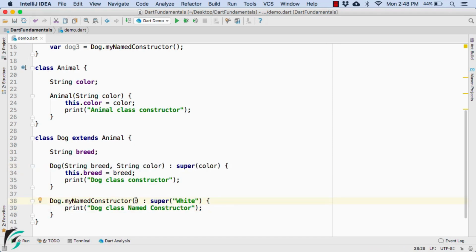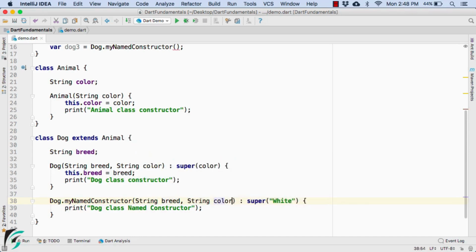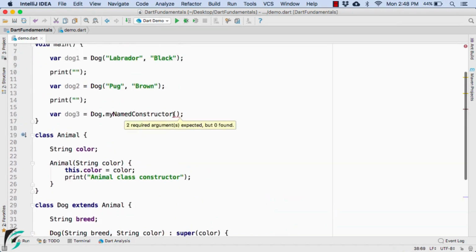So now similar to our parameterized constructor, you can also put some parameters in the named constructor as well, such as string breed, comma, string color. And here instead of passing just white, pass in color. Perfect. And here as parameters, let us pass German Shepherd, and the second parameter, let's pass black brown.